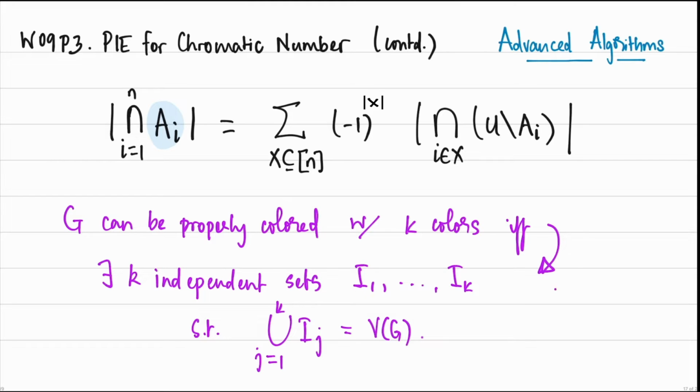implication. For the reverse implication, notice that if somebody gives you a cover with independent sets, then you can transform it into a partition in a natural way. Whenever you have a vertex that belongs to multiple independent sets from this cover, you just have it commit to one of them. So in particular, you could say that for every vertex, I'm going to place it in the lowest indexed independent set that it belongs to from this cover. This is going to transform the cover into a partition,